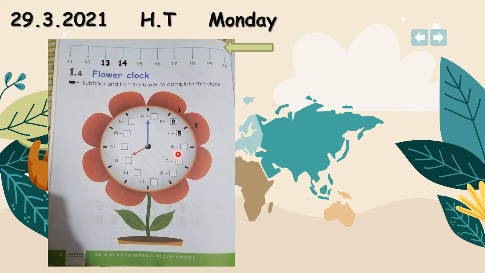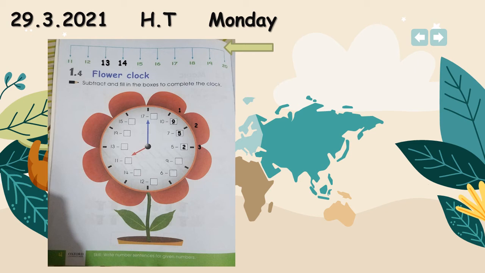The next one is 5 minus. How many numbers will we minus from 5 to get number 3? Yes, 5 minus 2. I'm telling you again, you can do it through your fingers. Open your 5 fingers now, and we want 3 fingers. Then how many fingers will we fold or cross? Yes, 2 fingers. So write number 2. 5 minus 2 is equal to 3. Now you can see we are doing it in the sequence of the clock: 1, 2, 3.